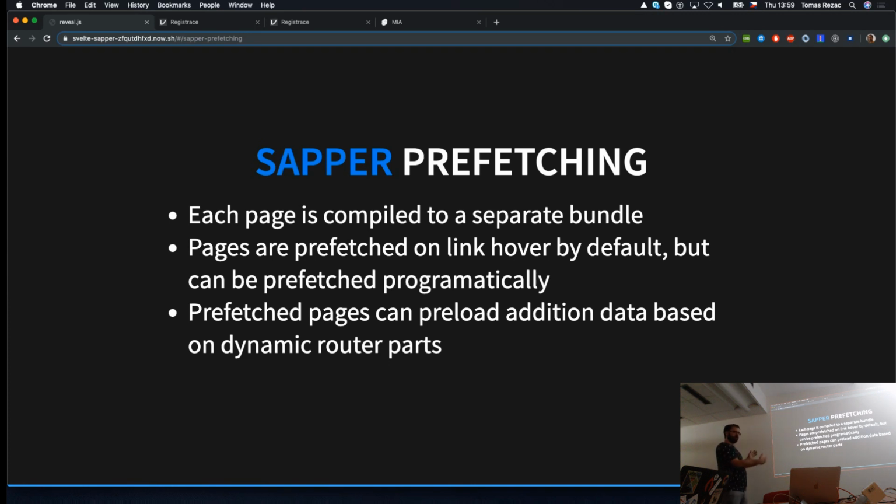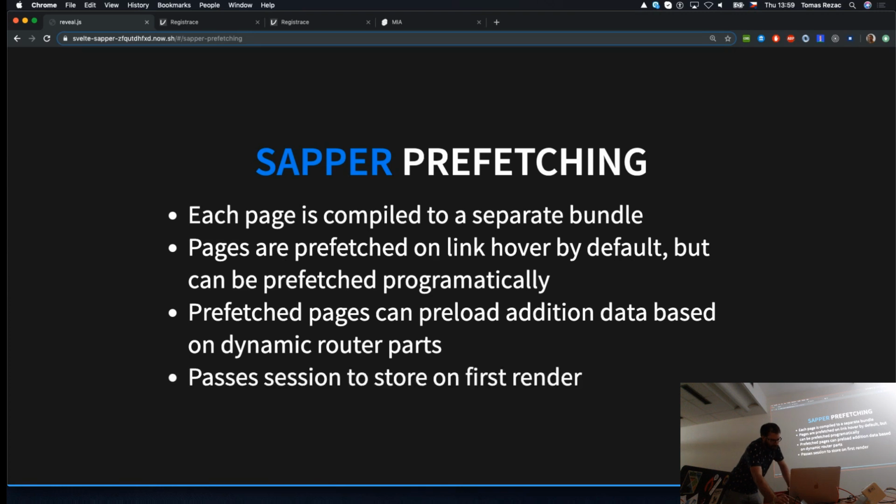It can take the number 25 from the URL, load all the data needed in the dynamic page, and change the DOM, which is later rendered. So you can preload even dynamic data, not just static pre-rendered pages.